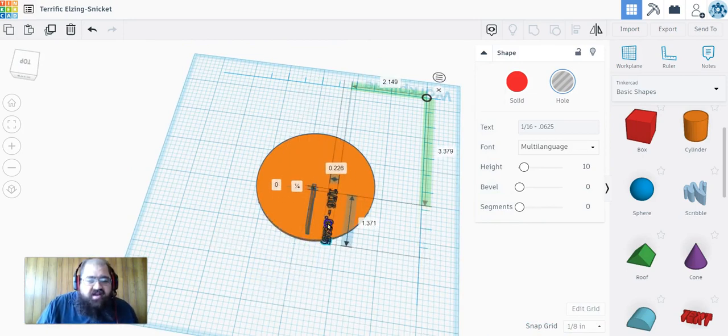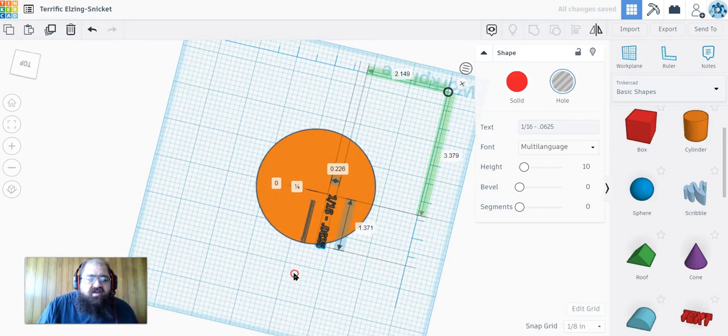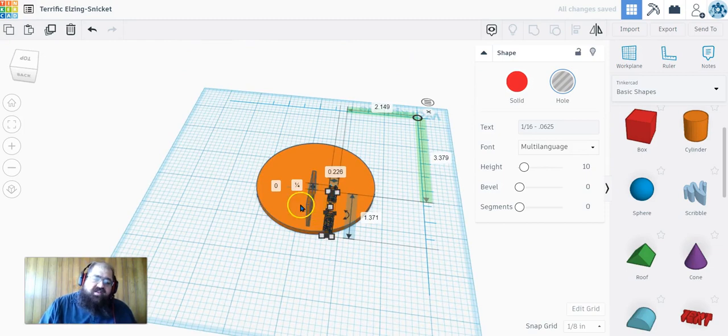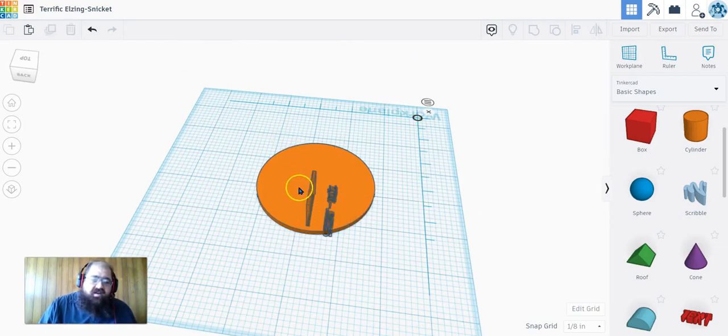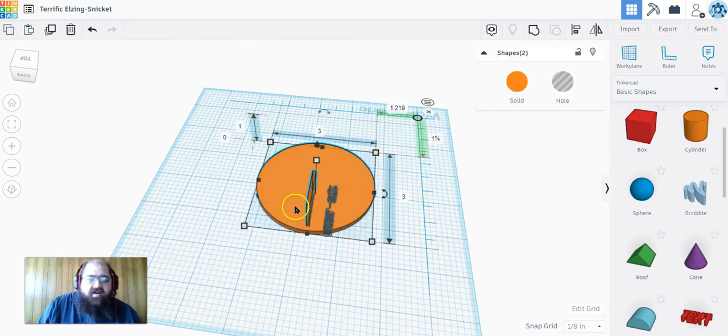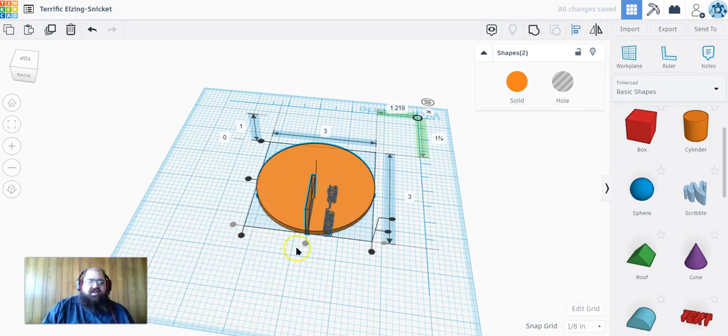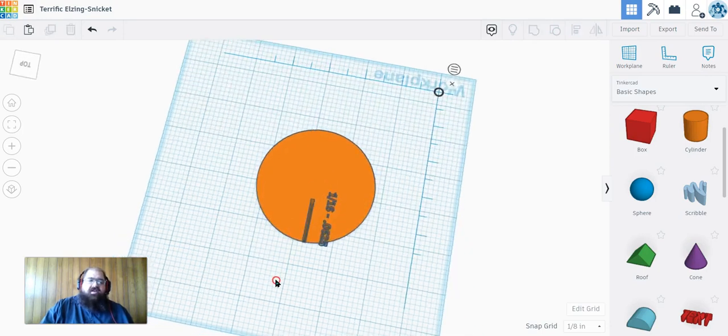We're just going to drag that on. Oh, you know what? I've moved this. Okay. One second. We're going to drag that back, and we're going to get that realigned. So I just highlighted the circle and the cutout for the 1/16 mark. I'm going to go back to Align. And the other thing I'm going to do is bring that forward. So I forgot that first time. So we centered it here, and we also want to bring it right to the edge. So I missed that the first time I did it, but now it should go right to the edge